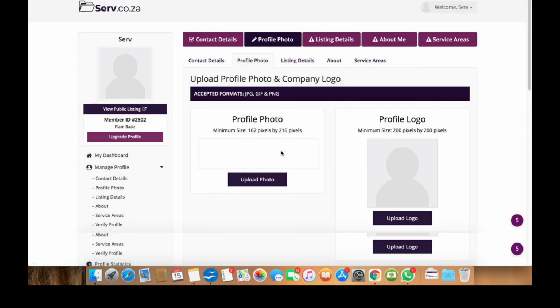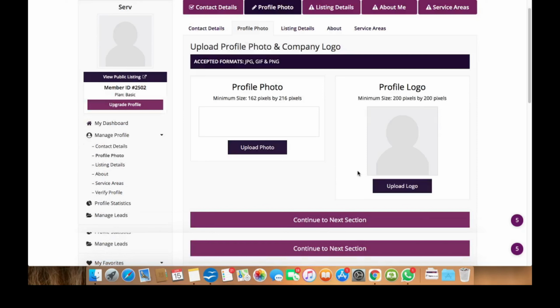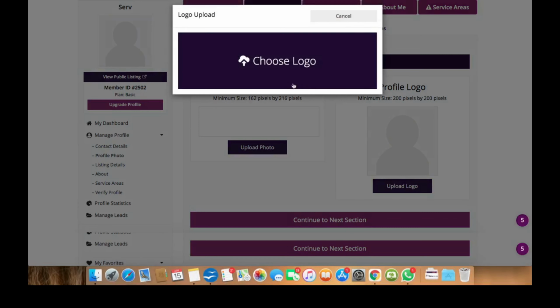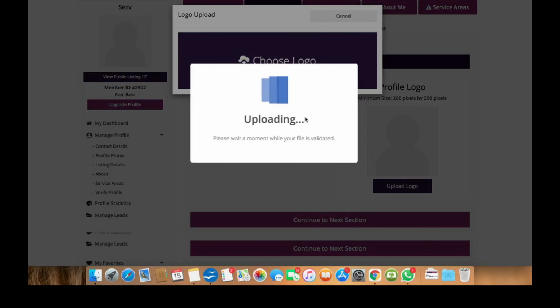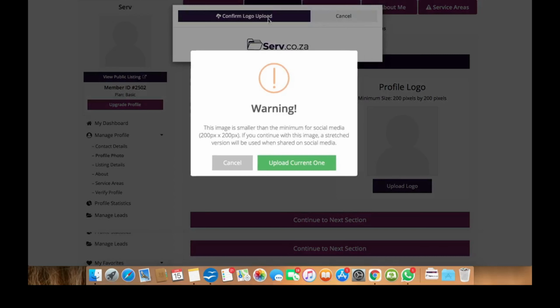Now after you enter the details, you want to make sure that you add your profile logo. This is going to be the logo for the company. You want to come here to upload logo, choose your logo, and upload. Once you have uploaded that,